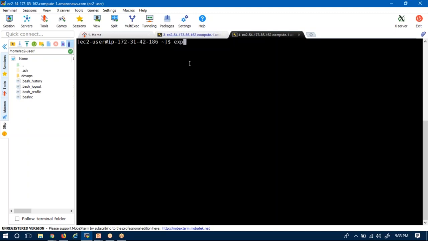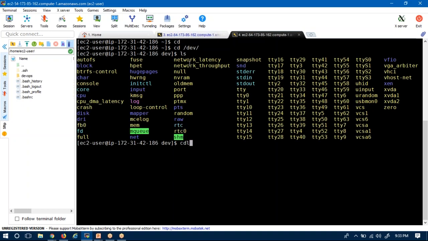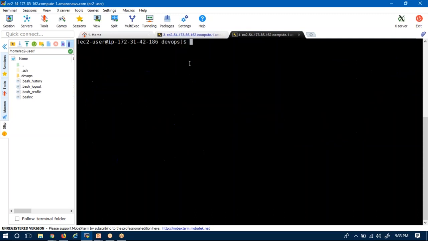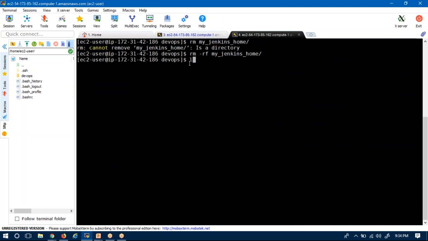So suppose I want to see under DevOps. Even I am removing my Jenkins folder also. Only Jenkins.var is there. Now I am creating a folder, just Jenkins home.